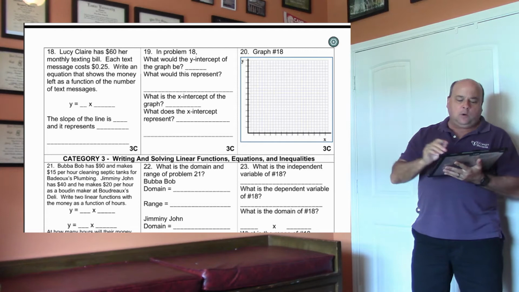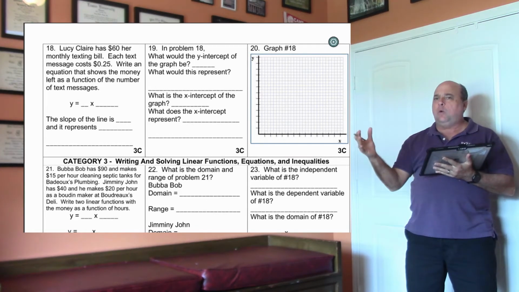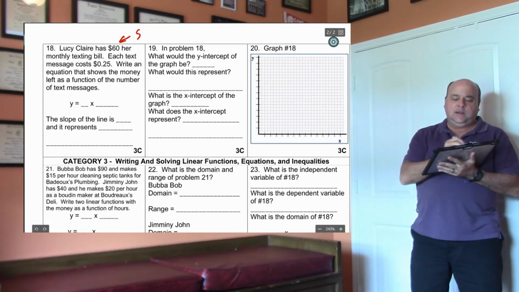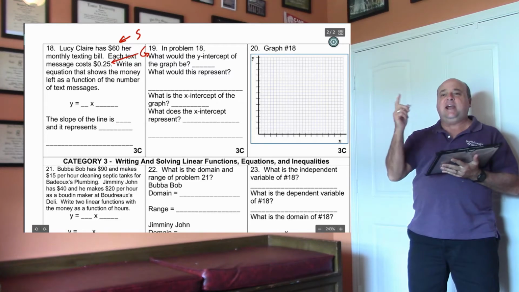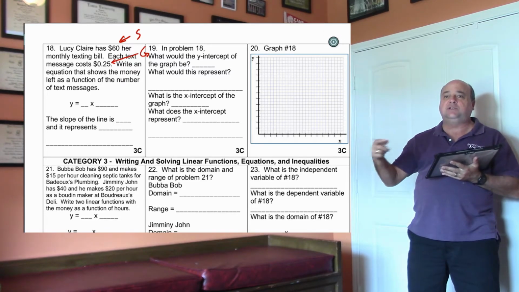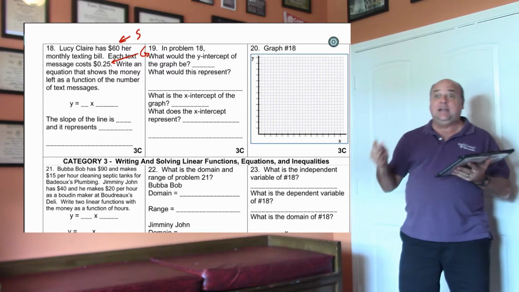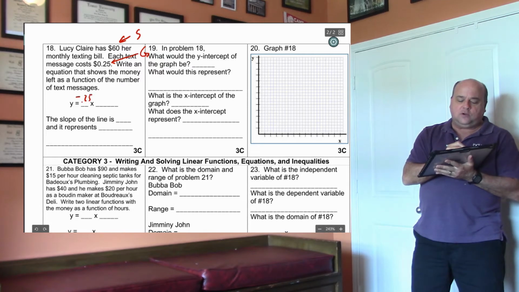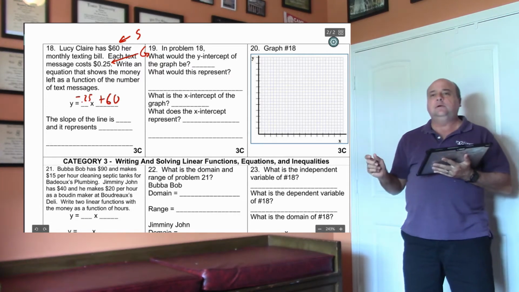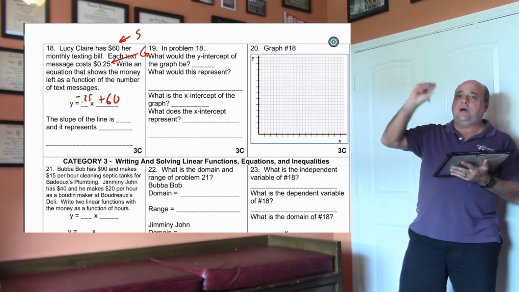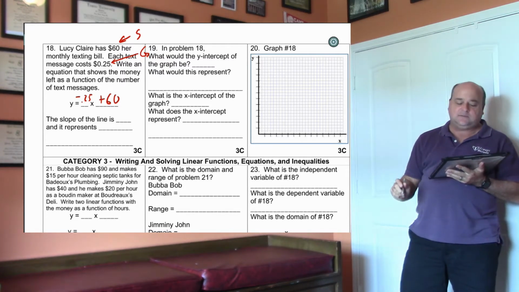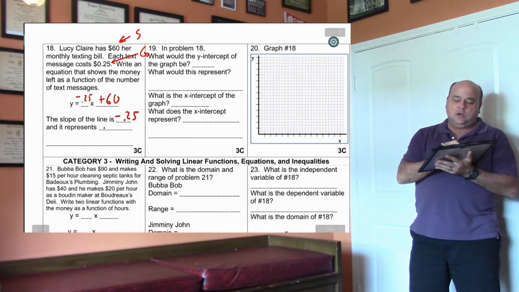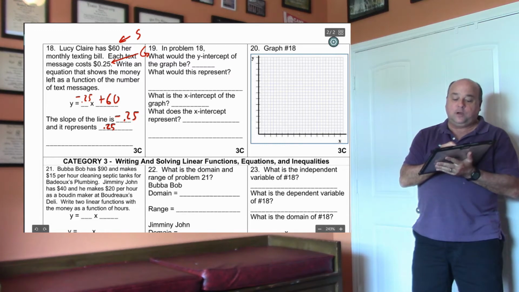So on number 18, I'm going to start you off on this, so y'all are starting to miss these. This is our starting number, and this is our growing number. Now she has $60 and every text message is going to cost 25 cents. Back in the day, you had to pay for a text message, okay? So our equation is going to be negative 0.25x plus 60. She has $60. Every time she sends a text message is 25 cents. The slope of this line is negative 0.25, and it represents 25 cents or $0.25